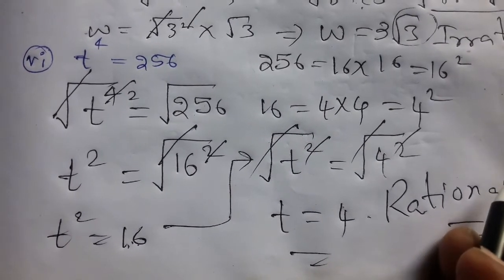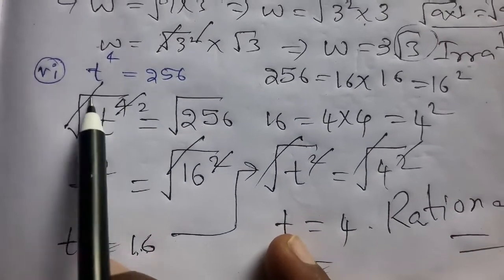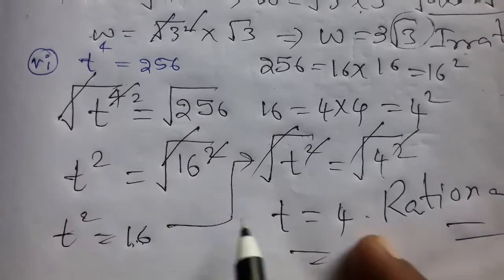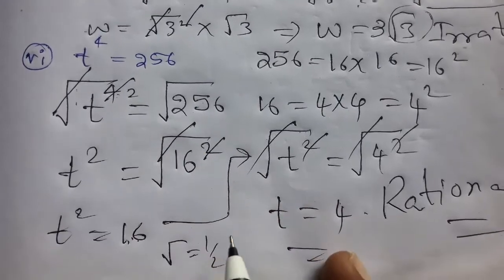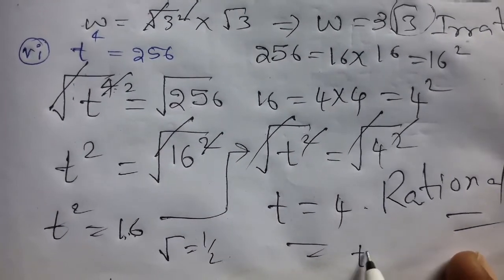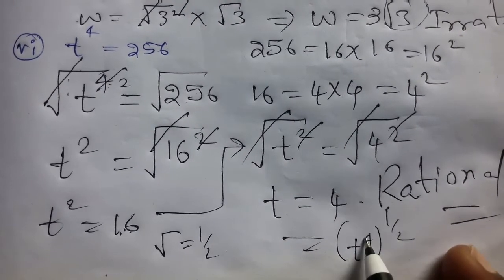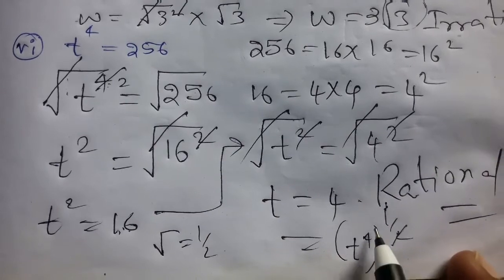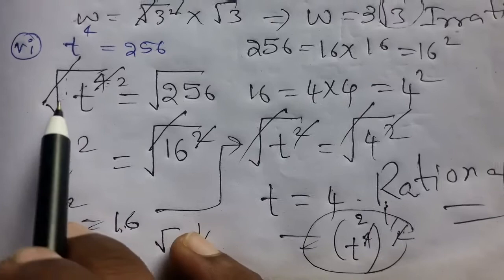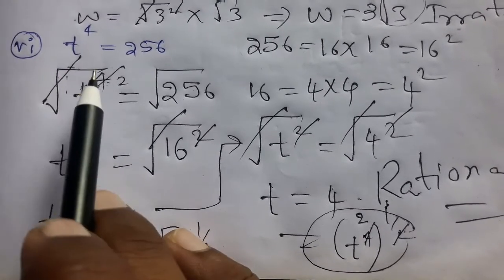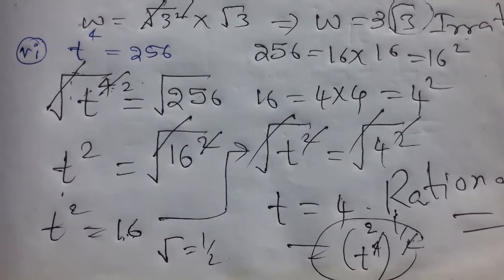All of you understood? Yes. Thank you. Here, remember, the root value is 1 by 2, but here t power 4 is given. See here, t power 4 is given, whole power root means 1 by 2. See here, 4 into 1 by 2, 4 by 2. So that's why this 2 and this 4 cancel, this becomes 2. This will happen here. So that's why we cancel the root and 4, it becomes t square. Understood all of you? Thank you.